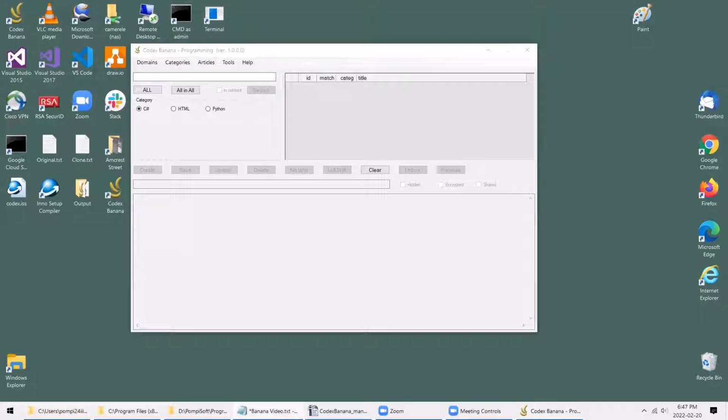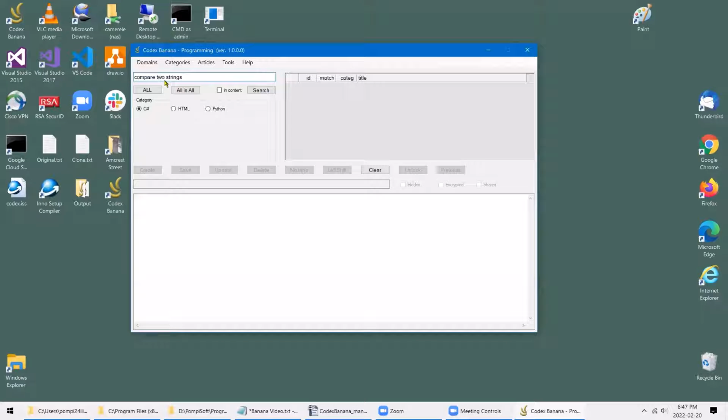So let me put something in this area. I said compare two strings. As you see right now, the search button is available, but the create article button is not available. This means that the program believes that I want to search for an article. However, in my case, I don't want to search for an article. I want to create an article. So in that case, I will just